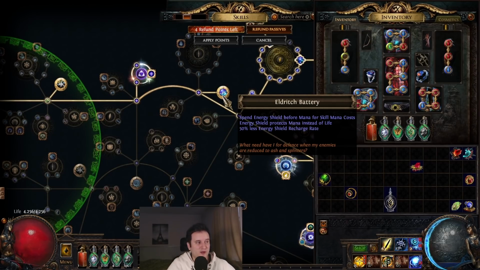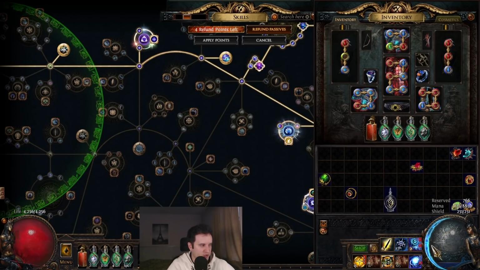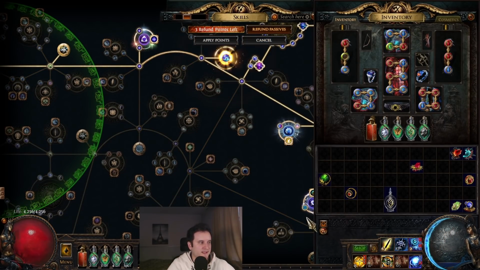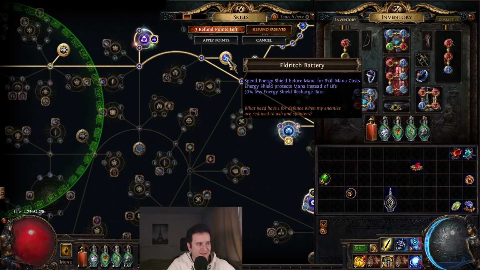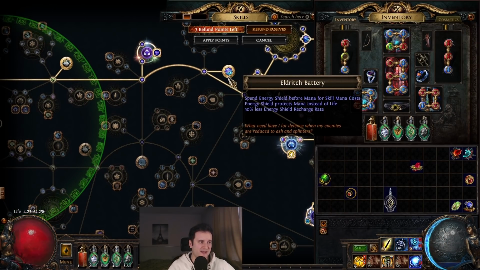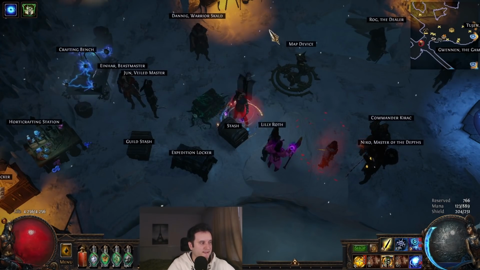So basically what this keystone does is spend Energy Shield before mana for skills' mana costs. So as you can see here, the Energy Shield went over the mana. If I refund this back, it's back here again, right? It gives you a little bit less recharge rate, but it also protects mana instead of life, which doesn't really matter for this build. So now that we have Energy Shield to actually pay our Lightning Warp with, you can